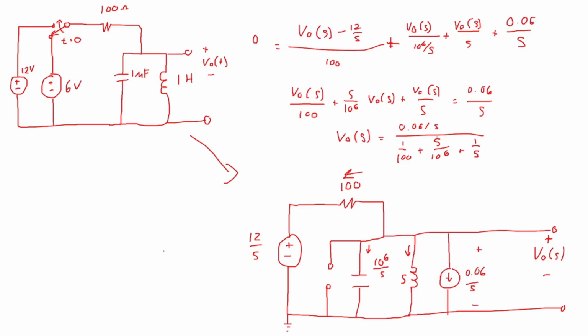We probably want to multiply the numerator and denominator by 10 to the 6th, or 10 to the 6th S, actually. So if I multiply this by 10 to the 6th